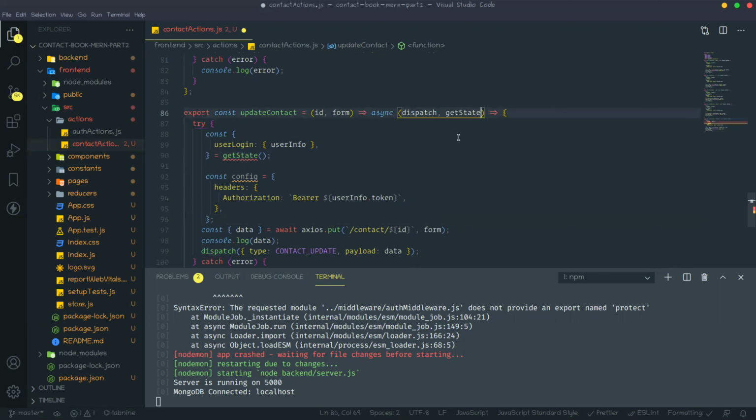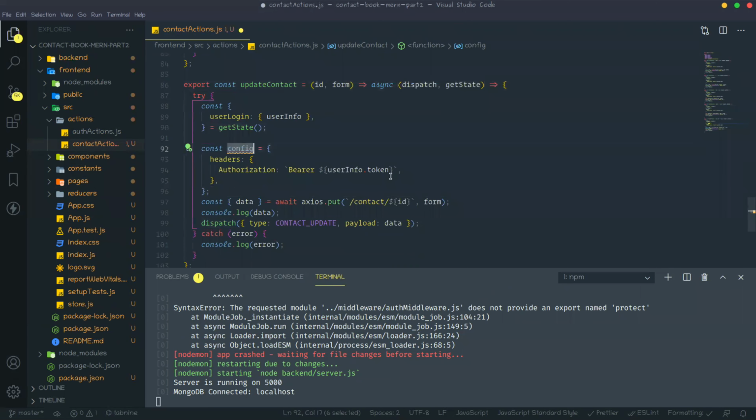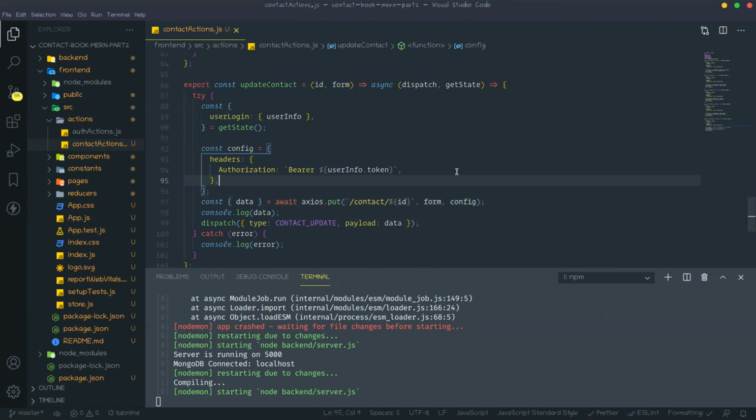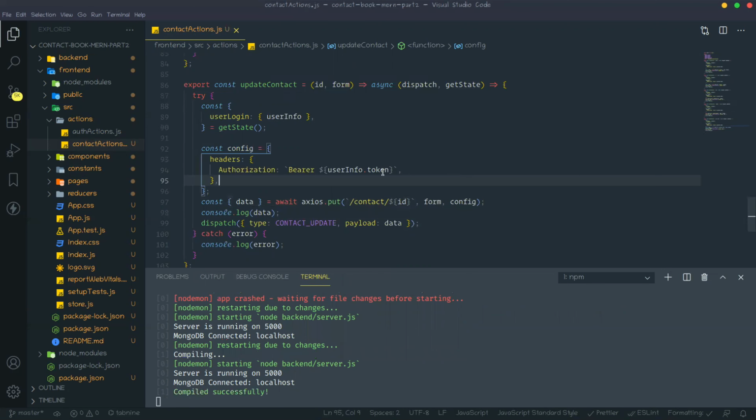Another thing, actually I forgot, I need to create another field for the contact table, meaning the contact document. So go to that contact model. Actually I need to modify this.